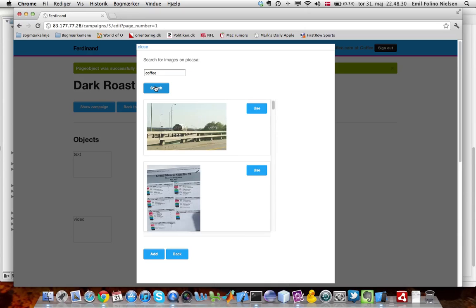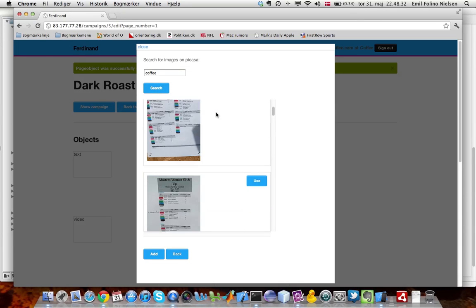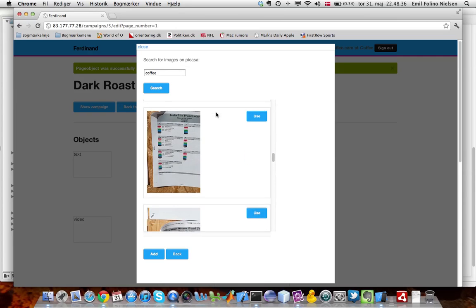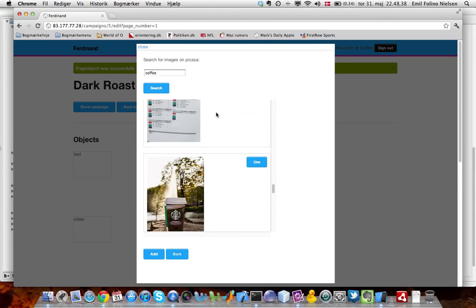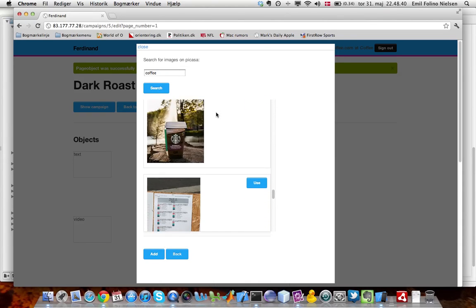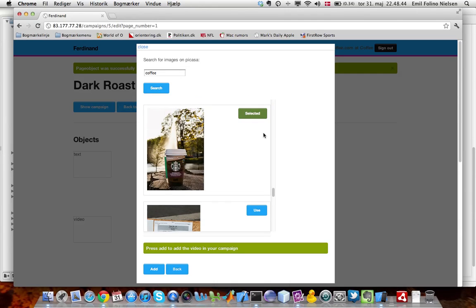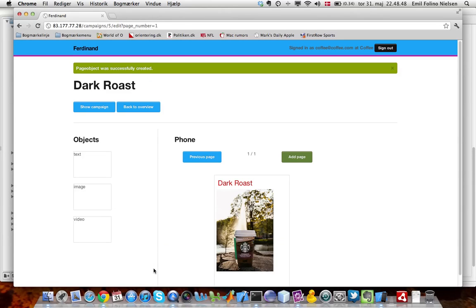This search is done through Flickr. Not really interesting pages. We're just going to take the Starbucks, and then it shows that it's selected, and then we add it to the campaign. And then the picture is inside the phone,